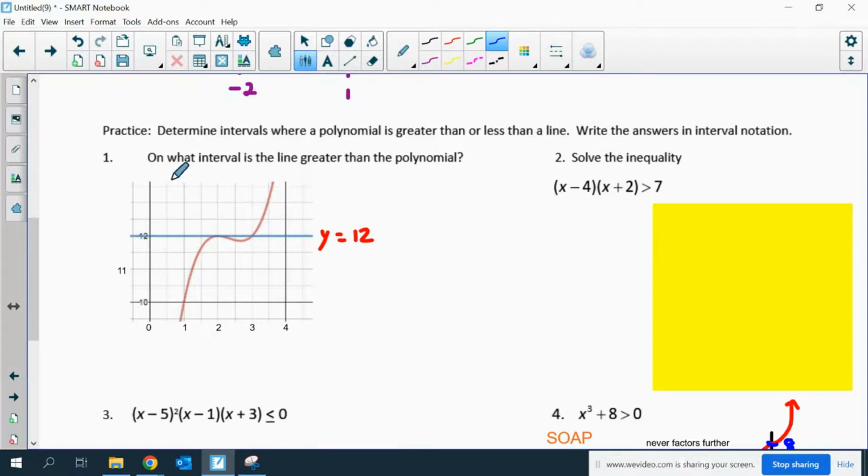Let's do a couple practice problems. On what interval is the line greater than the polynomial? So we have the line y equals 12. All we have to do is look at the picture, and we figure out that the line is higher than the polynomial